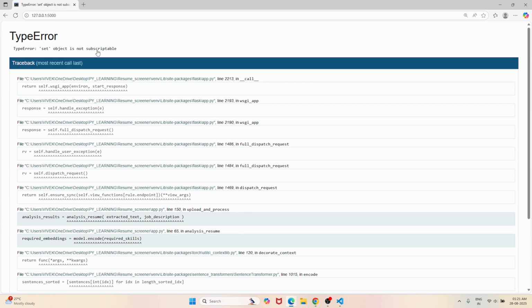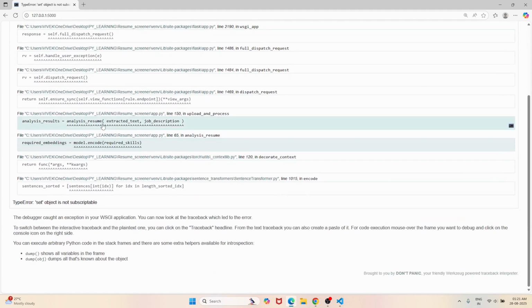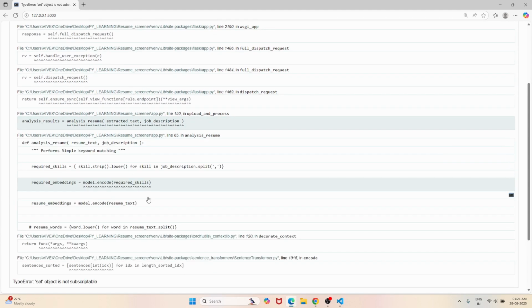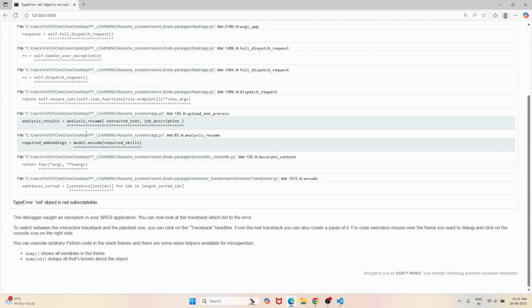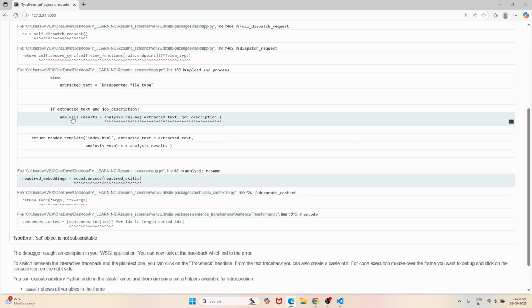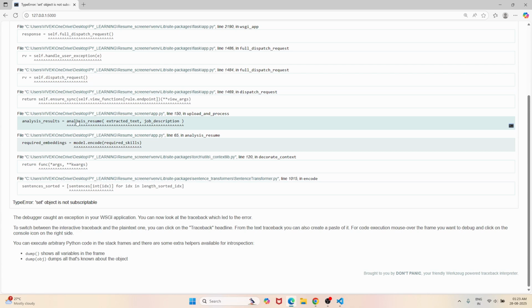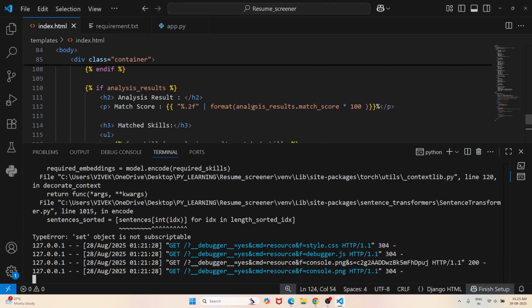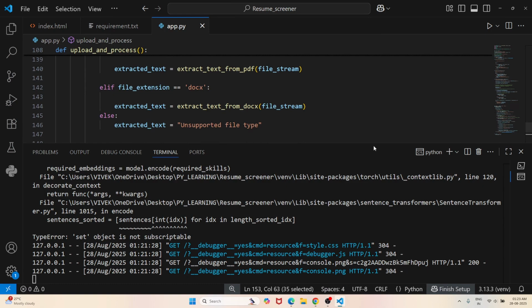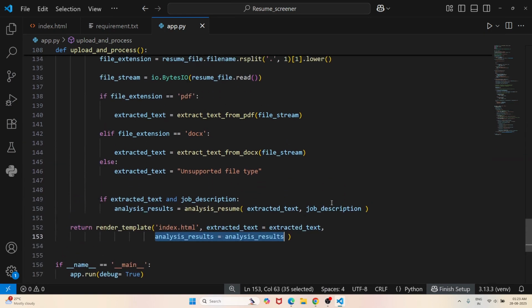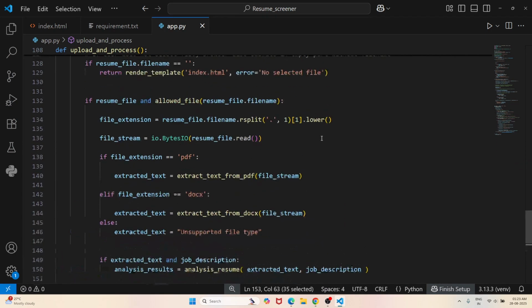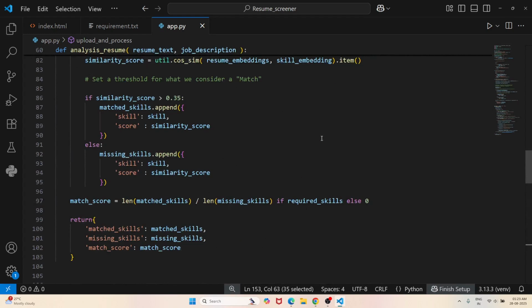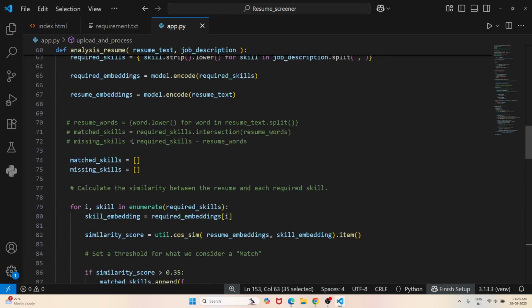Alright, so we have an error. Set object is not subscriptable. Okay, where is it? Inside this. Okay, so the issue is in the analysis_resume function. So let's check that out. Okay, app.py. Let me just remove this. Yes. Inside app.py, the analysis_resume function,